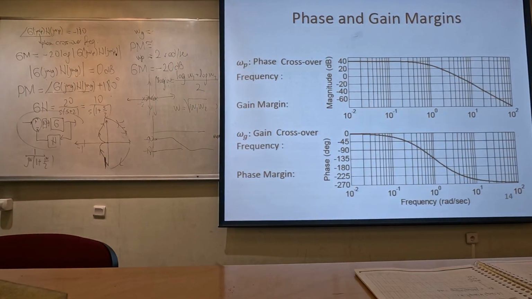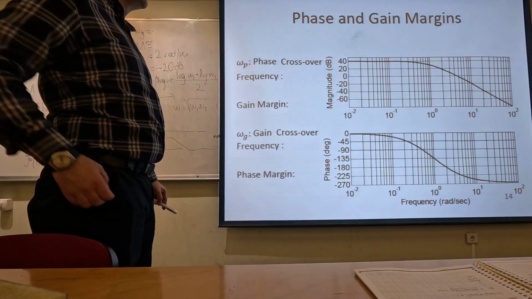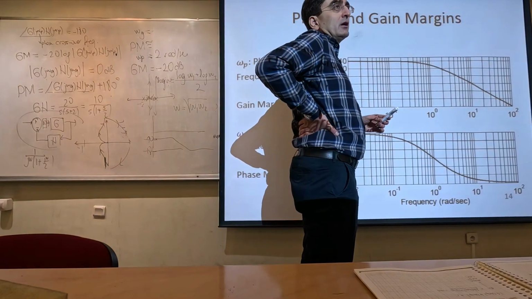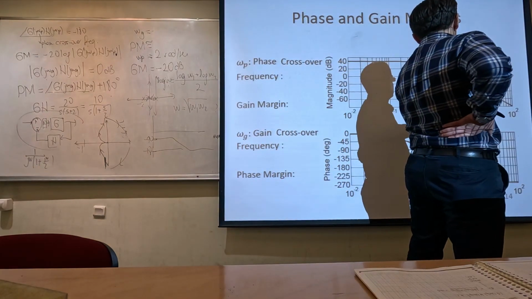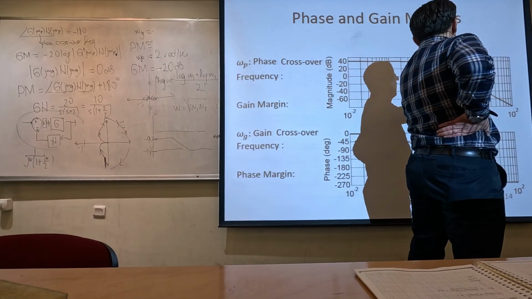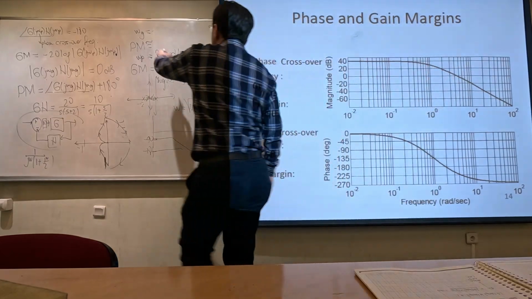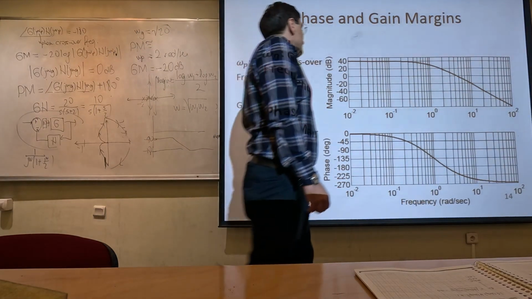And now I can determine what the gain crossover frequency is. Gain crossover frequency is where the gain crosses the 0 dB line. Okay? So I'm going to be looking at this frequency here. It is 2, 3, 4, it's something between 4 and 5. So I'm going to write square root of 20 here. And the phase margin